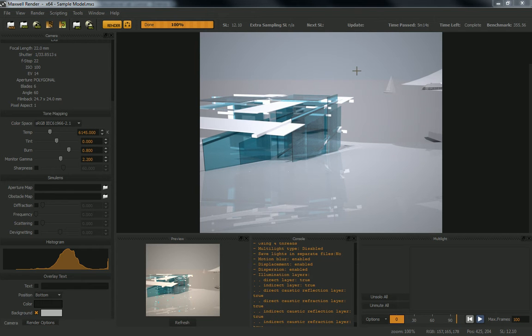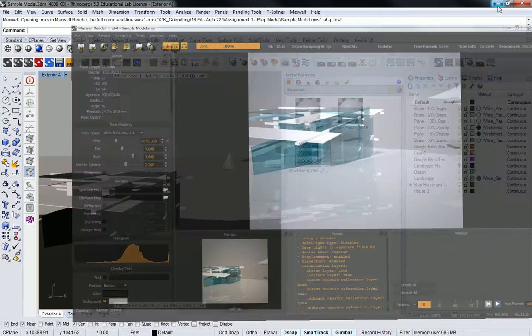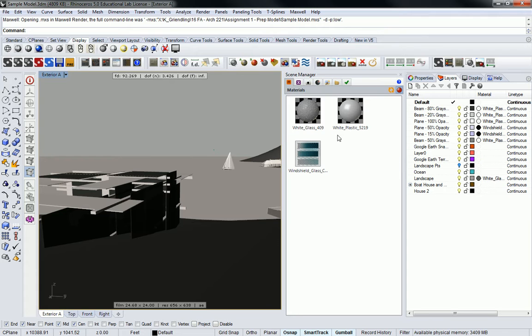So next up, I'm going to introduce what we're going to do with this as a bit of a clinical study. Okay, I first want to point out for the record on the video here, because I know I talked to you a second ago, but I want to get it on video. What I changed: I went back into the model and I applied the white glass material to the